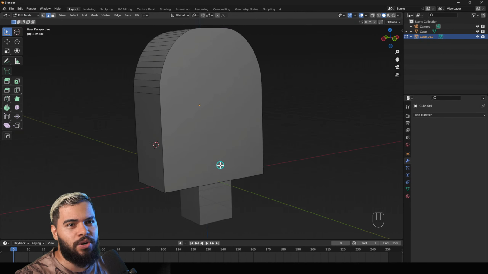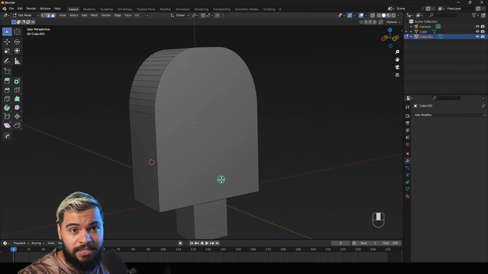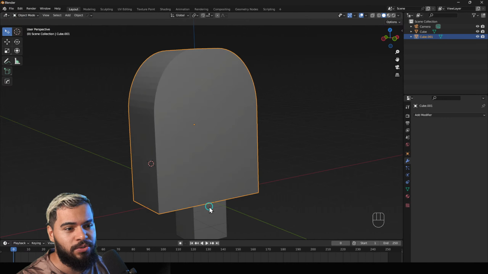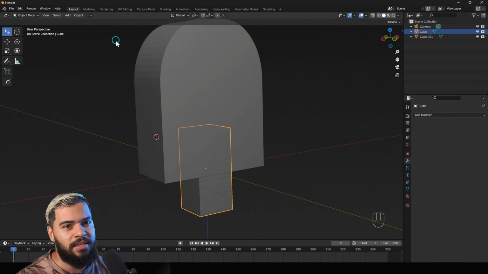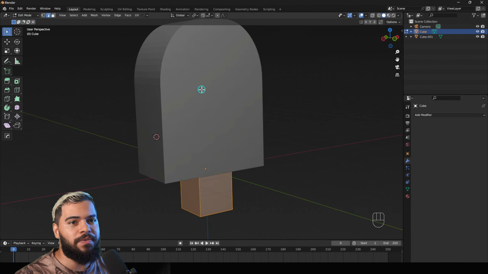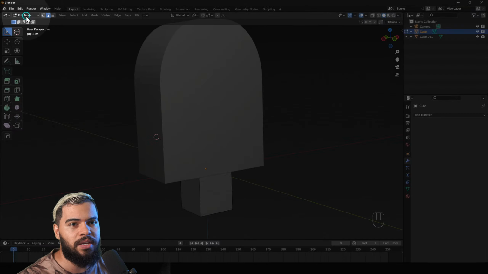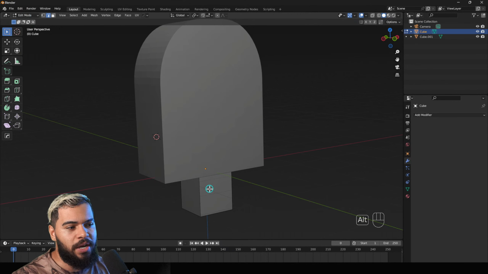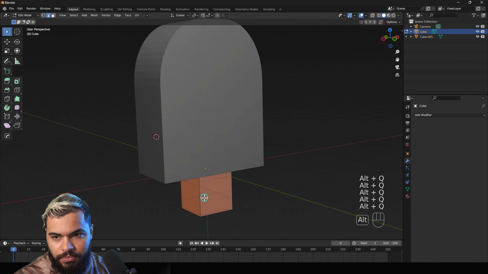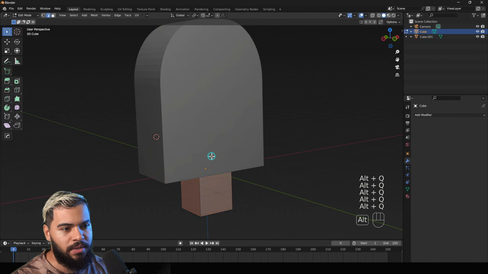And there's something I struggled with a lot when I was starting Blender: I needed to go to object mode to select another object, and then back to edit mode. However, I discovered some time ago that you can stay in edit mode, hold Alt, and press the key with the mouse over the object that you have here. Fantastic, right? Yeah, the Alt key.